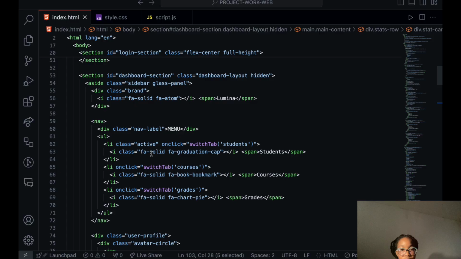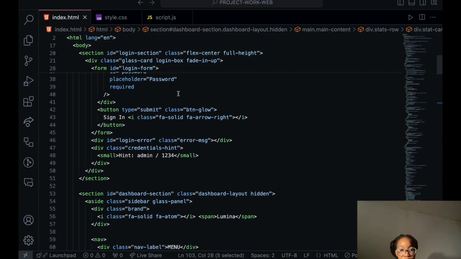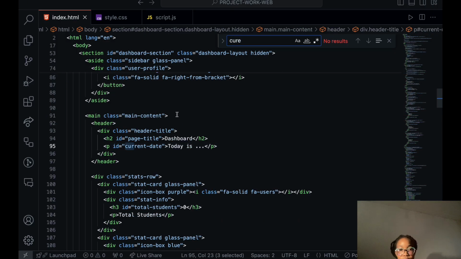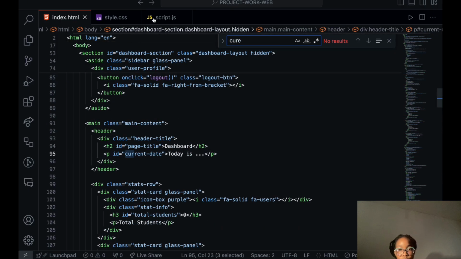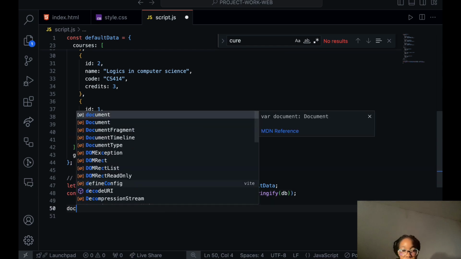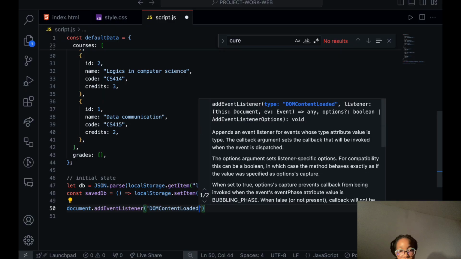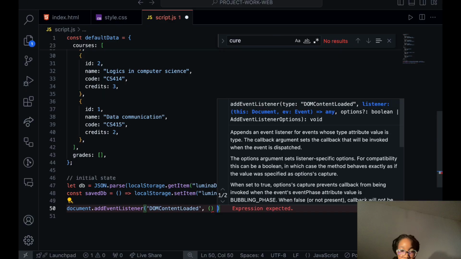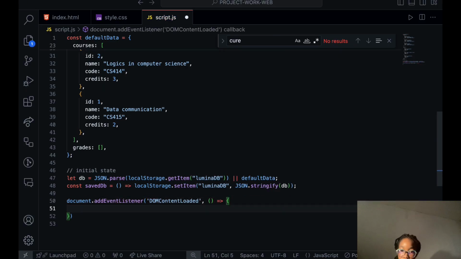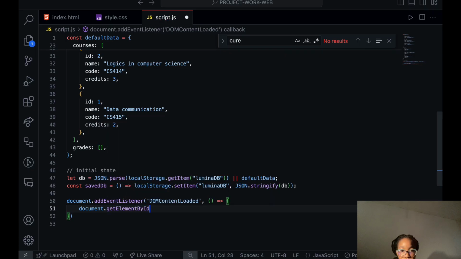When the dashboard loads, we have something like the current date. So we want to work on that first. So document.addEventListener, then document.getElement